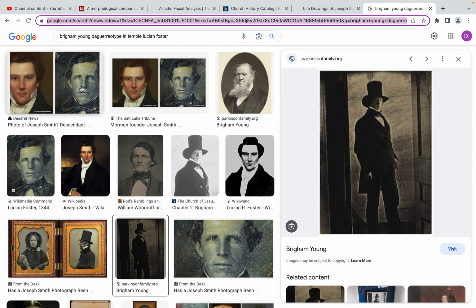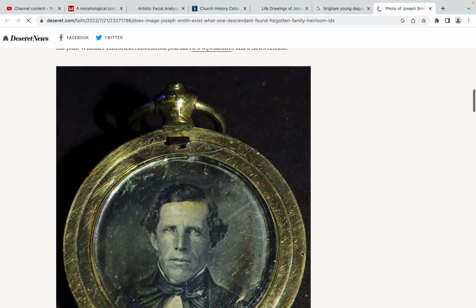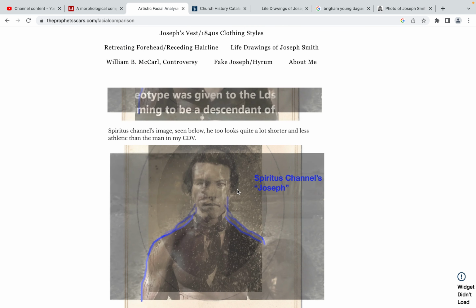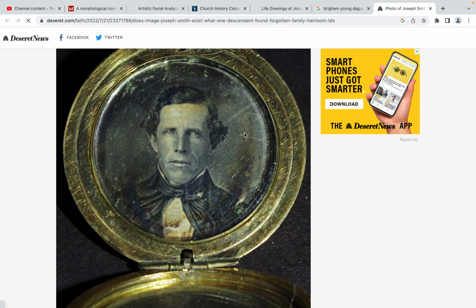And if we look up, there's the Larson daguerreotype. I Google Brigham Young, and here's the Larson daguerreotype again. Cannot see his shoulders. There you go. His neck looks very short, and his shoulders look about as short as the Spiritus. His shoulders are at more of an angle like that than the Larson daguerreotype. His shoulders are going a little bit more that way. So he just looks smaller to me. He looks like a smaller man than